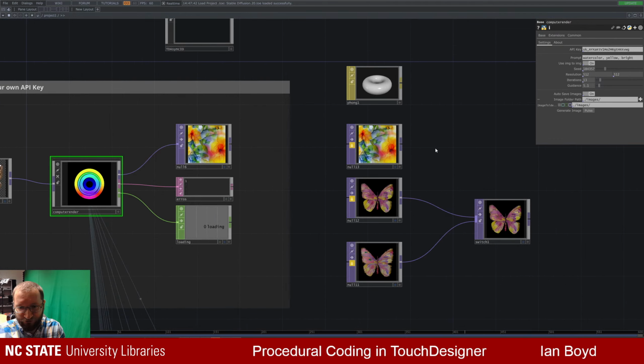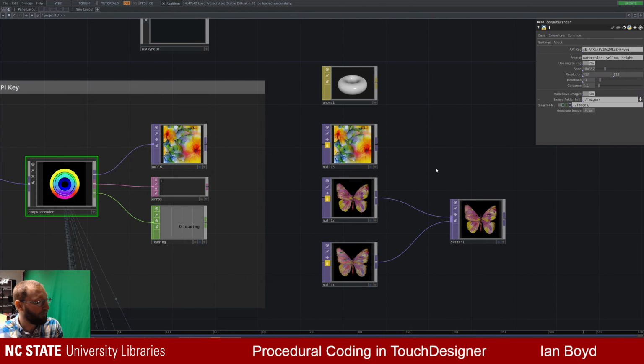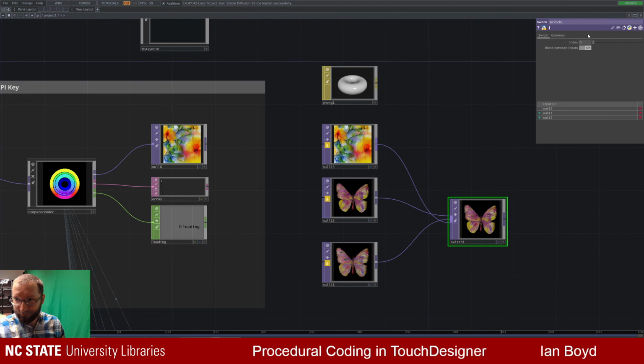I don't need to show you how this works, because you can just look at Torin's video if you just want to get it set up and running. But I think what I want to do is play with it, show you the stuff I make, and then talk about some applications, how you can use other inputs to modify these AI generated images that you're making here. So you can